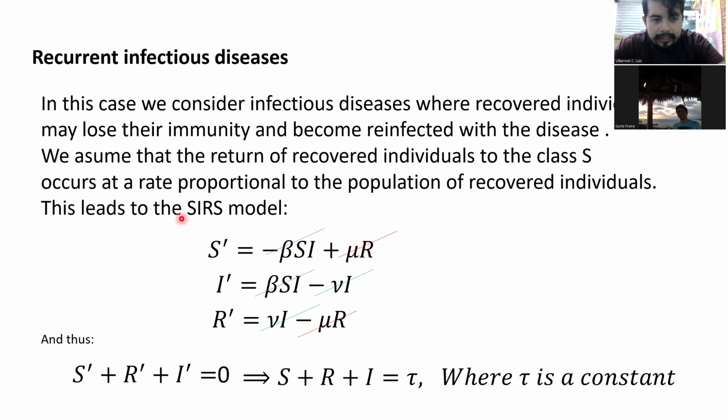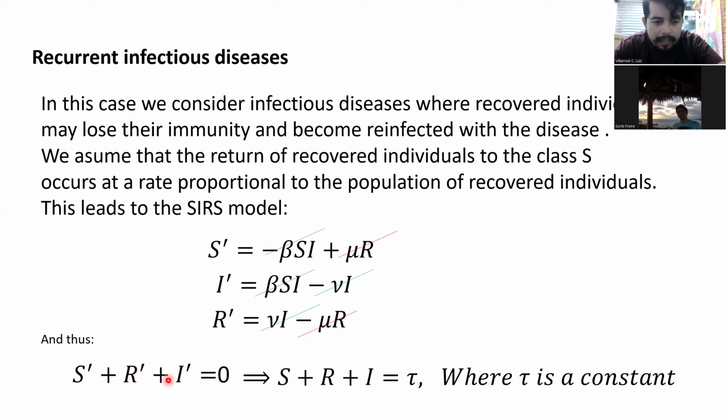So this leads to our SIR model, as we see. That is to say, S prime is going to be the factors that we mentioned, I prime is going to be beta S I minus B I, and R prime is going to be B I minus mu R. And in comparison to the last case, we are going to see that if we sum S prime